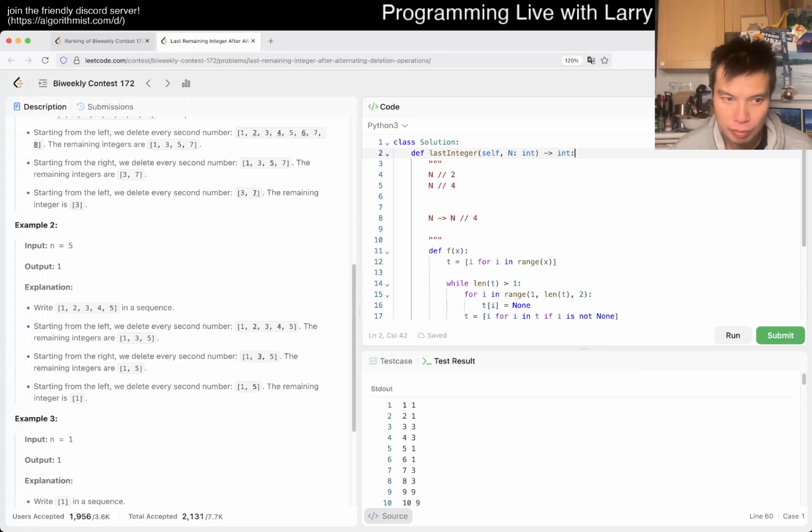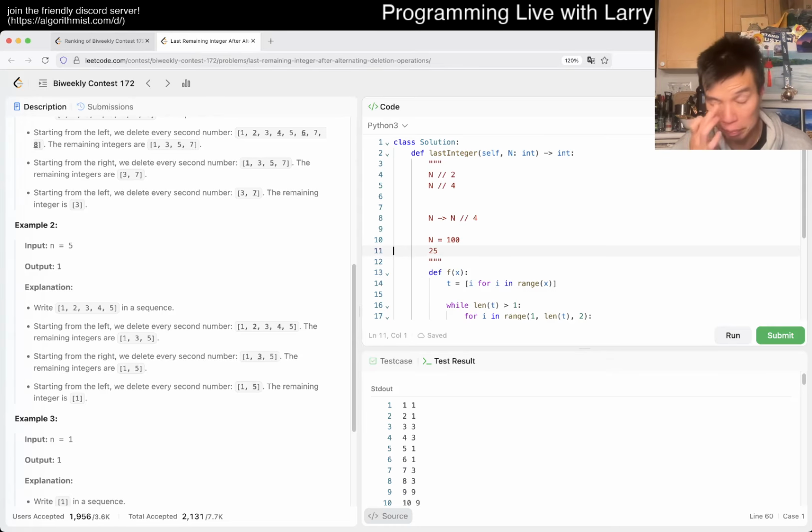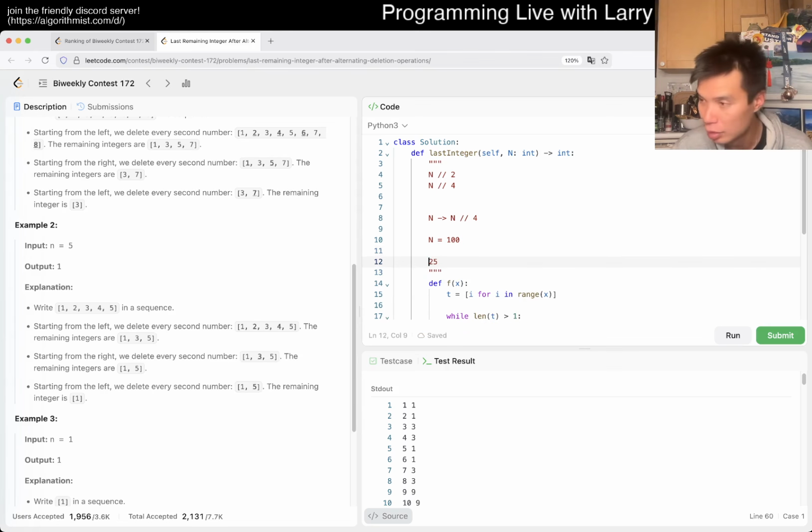Okay. So let's say n is equal to 100, right? So we know that we get rid of the even numbers, and then 25. So then now we get the answer for 25. Okay, but how does that work? So how do we remap it, right? So now we have 25 numbers left. Or do I do it the other way and just go from